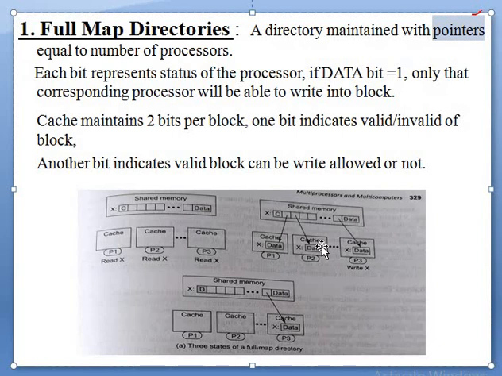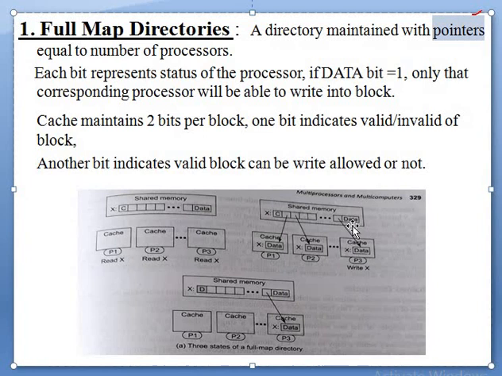like P3 wants to change data X from 5 to 6. Earlier I used to explain with P1; assume it is P3 now. P3 wants to update the result. So whenever P3 wants to update the result in X, see here, this was a C, that means cache, and it suddenly changes to D, that means dirty. The dirty bit applies to the processors who don't want to update the result right now. Only P3 wants to update the result right now.